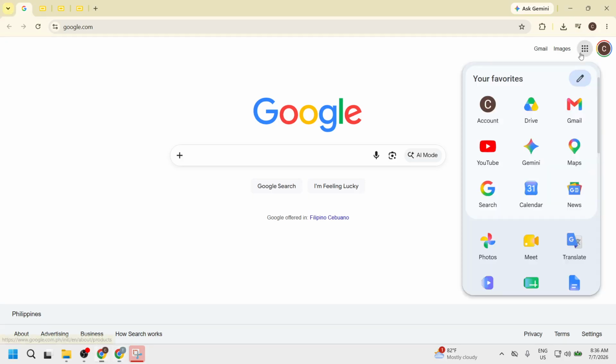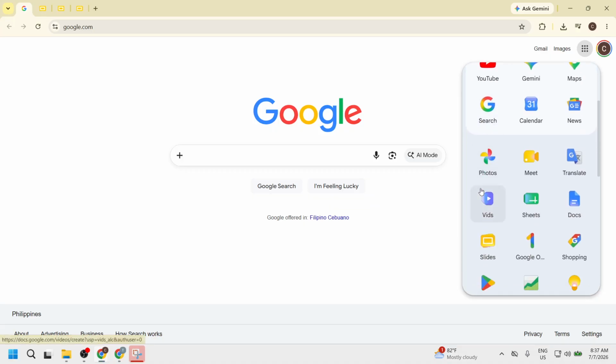If you are using Google Chrome, look towards the top right corner of your screen. You will see the Google Apps icon, which looks like a square made up of 9 dots. Clicking on this icon will open a drop-down menu showcasing various Google applications. This step is crucial because it gives you quick access to Google Slides and other services that you may need. Once you find the icon, give it a click to proceed.